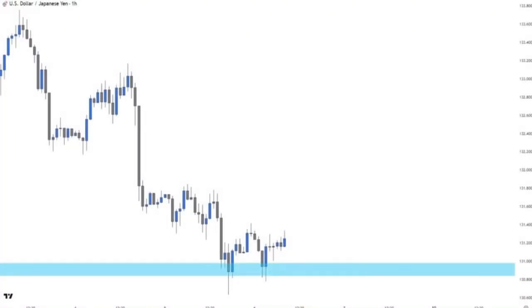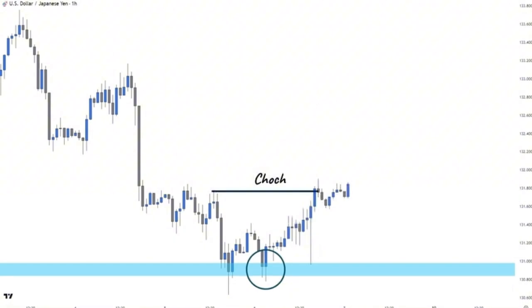Here on the 1-hour chart, we want to see a form of reversal for the current short-term downtrend to be aligned with the higher time frame direction. We can see that the price has failed to create a new low, but still not enough confirmation. The real reversal confirmation comes if the price breaks above this order block, which confirms that the sellers are no